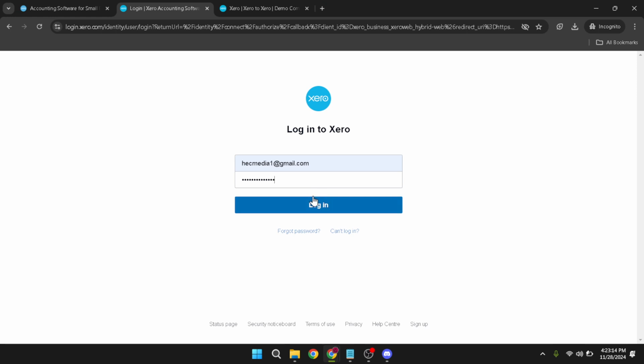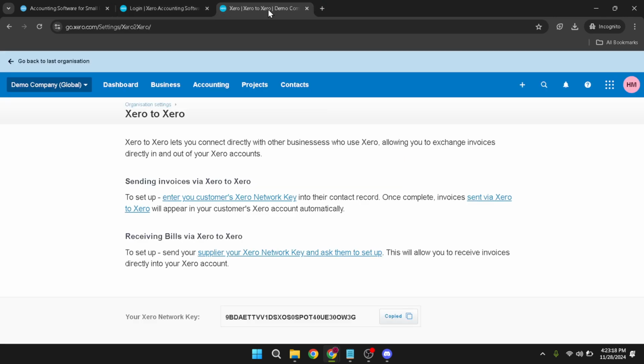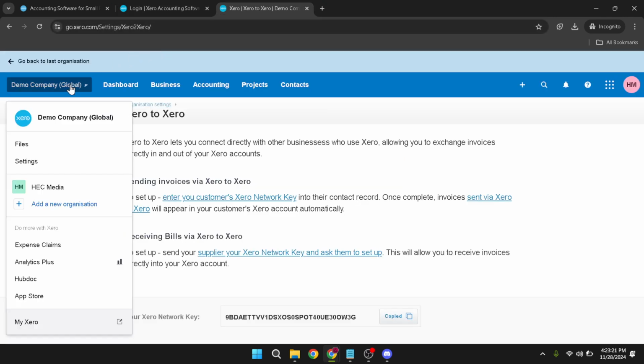Now that you're logged in, let's move to the core of today's lesson, inviting a new user. Navigate your way to your organization from the dashboard. This particular area is where you'll be able to view and manage specifics about your organization, including who has access to this wealth of information.